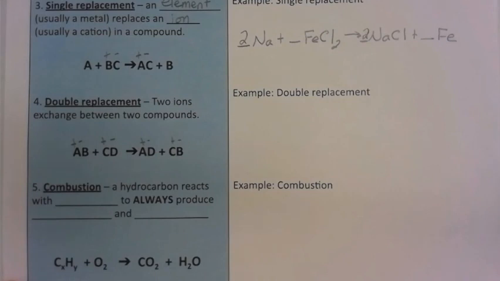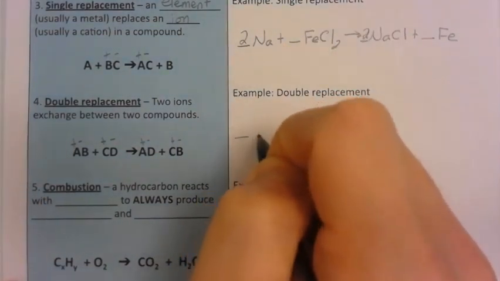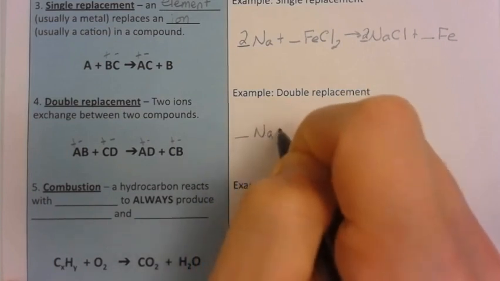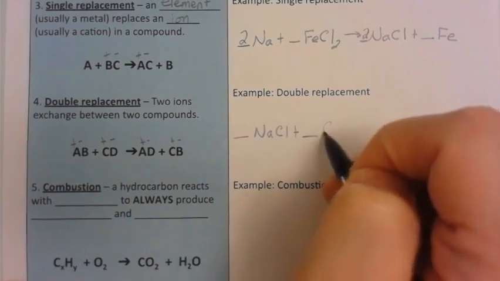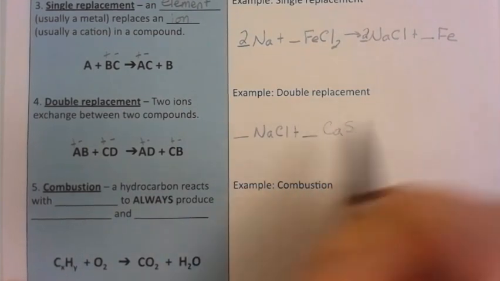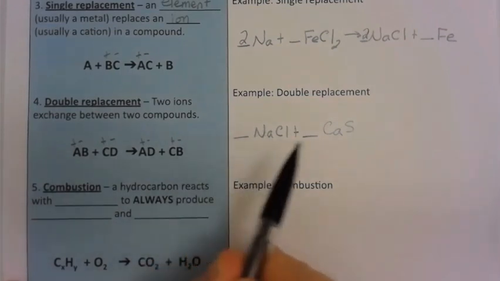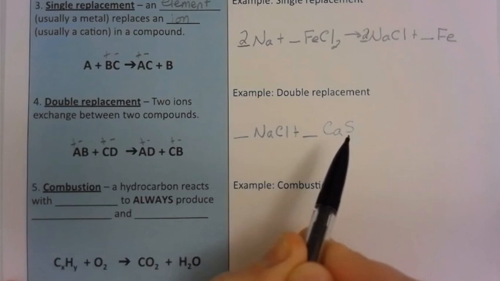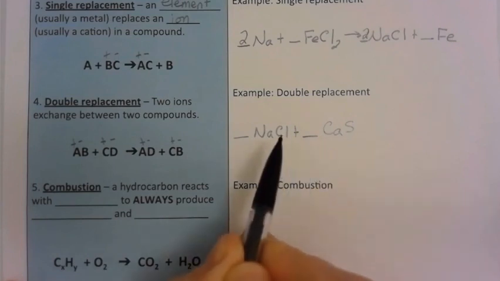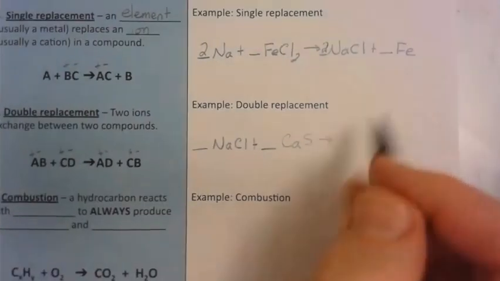And so if we have a double replacement reaction between 2 compounds, we'll say sodium chloride reacting with calcium sulfide. So we've got the positive sodium and the positive calcium, but they're going to exchange position, and the sodium is now going to bond with this negative sulfur, and the calcium is now going to bond with this negative chlorine. So our 2 products are going to be